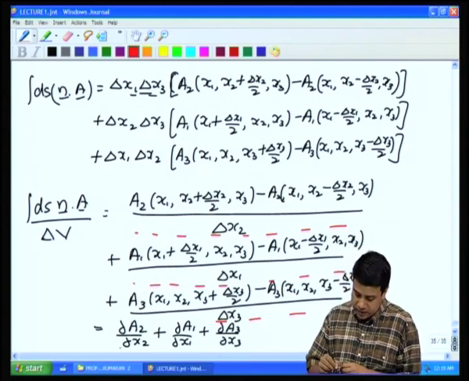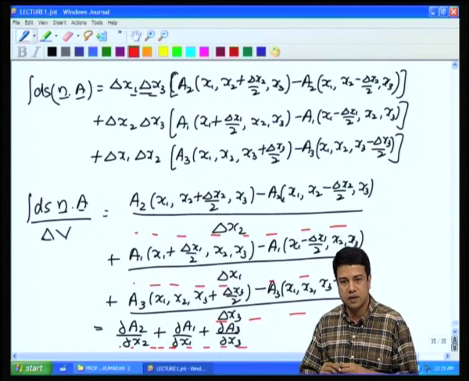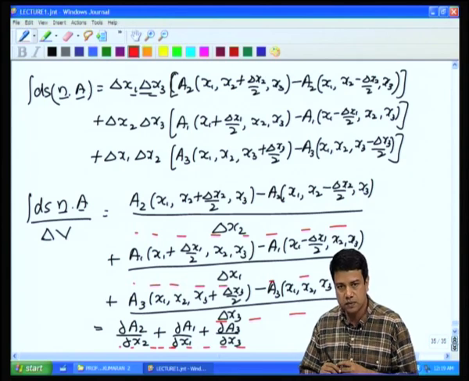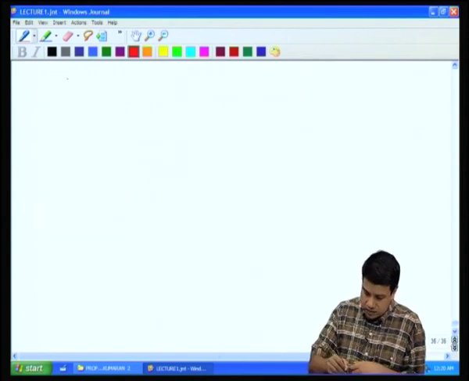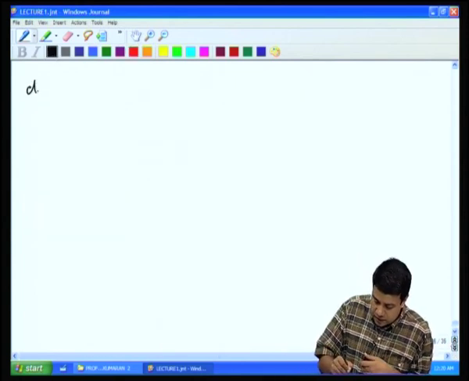And finally, the final expression for the divergence turned out to be quite a simple one: partial a1 by partial x1 plus partial a2 by partial x2 plus partial a3 by partial x3 in the Cartesian coordinate system. So, let us write that out. Divergence of a vector is equal to